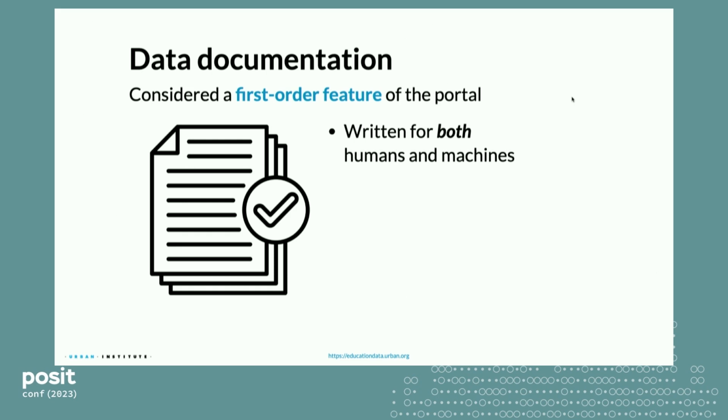The first is that the data documentation really is written for both humans and machines. For anyone who's seen Jenny Bryan's great talk on naming things, I think a lot of the same principles about thinking about who your end user is, whether that is a human or a machine, and making your work accessible to them, also really apply to documentation here, especially data dictionaries. And the second thing is that the documentation provides the user with details on demand. This is borrowed from a design principle, and I'll talk about both of these in a little more detail now.